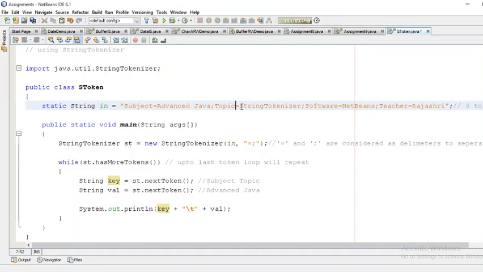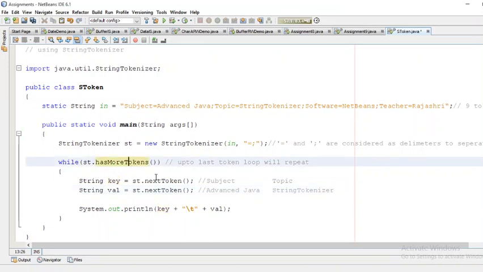So up to this semicolon, whatever it is, that is the next token. So the next token is string tokenizer. Again this key and value, topic equals string tokenizer, will be printed. It will move up.